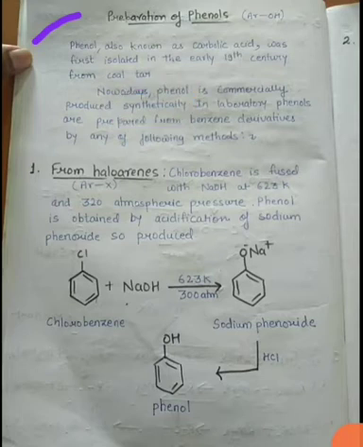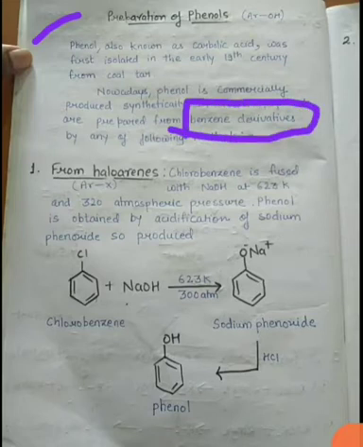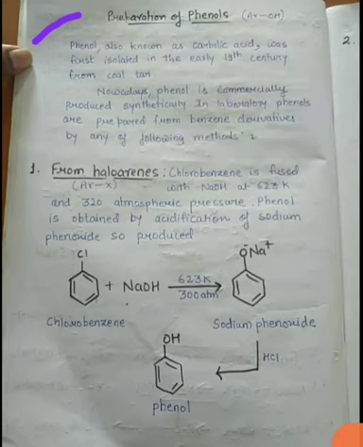And students, in the laboratory phenols are prepared from benzene derivatives, okay. So whenever we are going to form phenol we need benzene derivatives, okay. So let us see what are the processes through which we can form phenol, or what are the reactions. Students, they are called named reactions because they have been given some specific name, okay. So this will also come under your topic, that is named reactions.